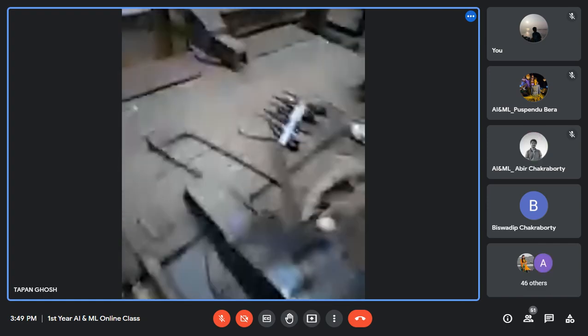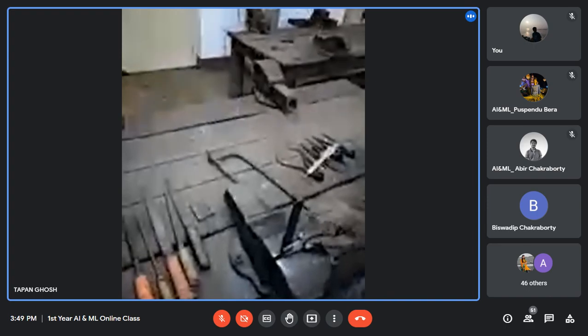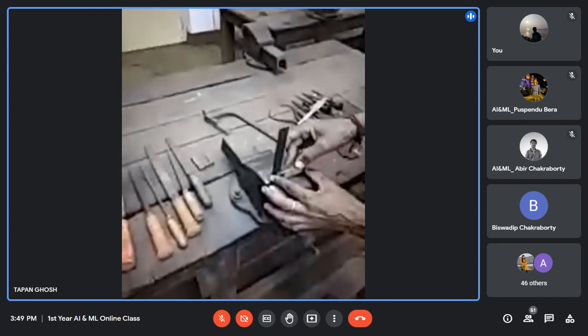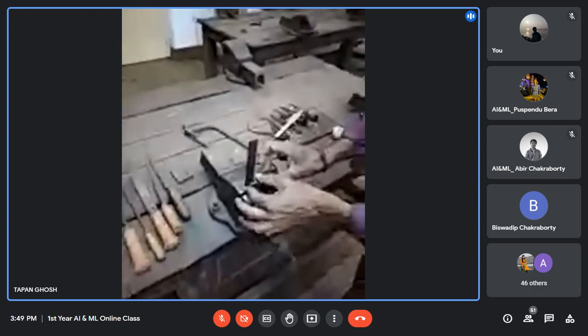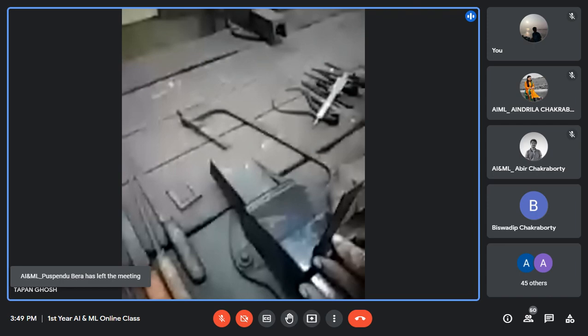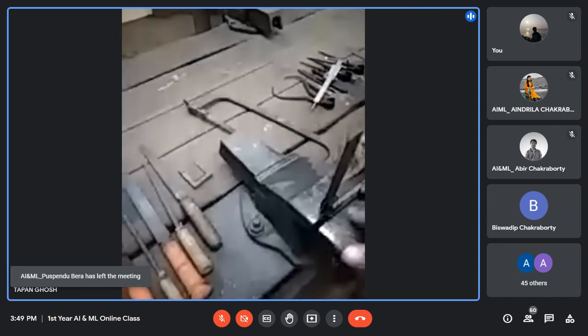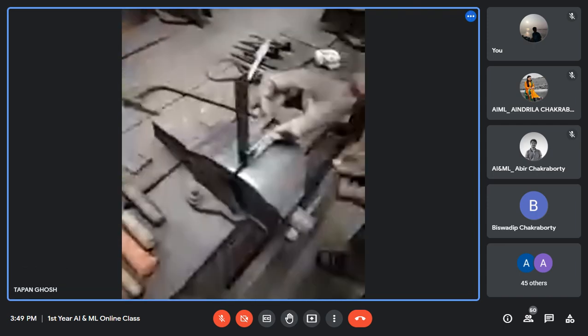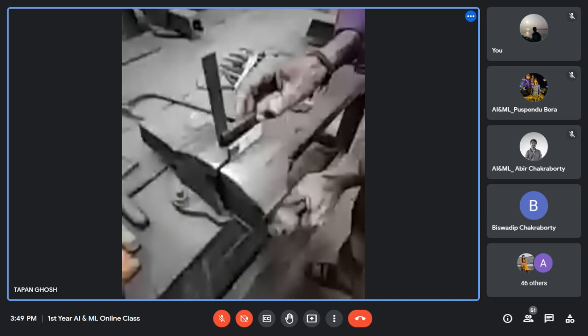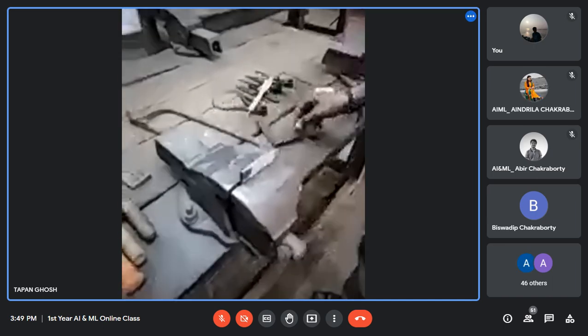First, place it parallel with the help of a try-square, and this job edge parallel to the vice. Can you see this?